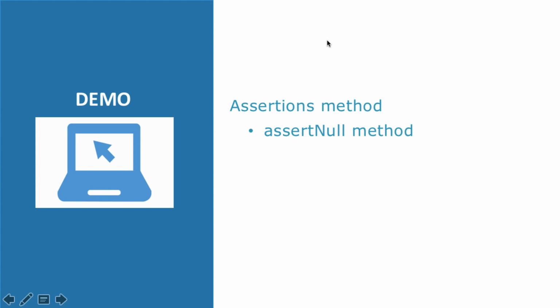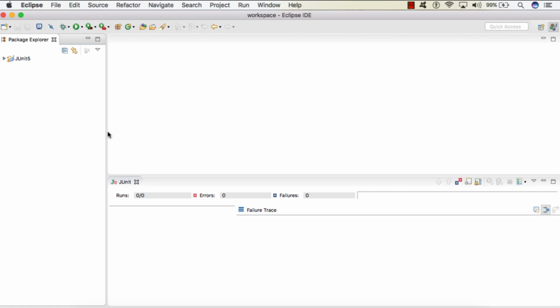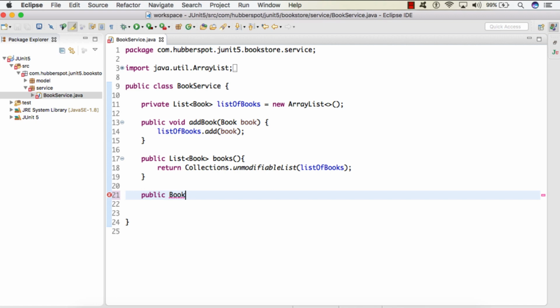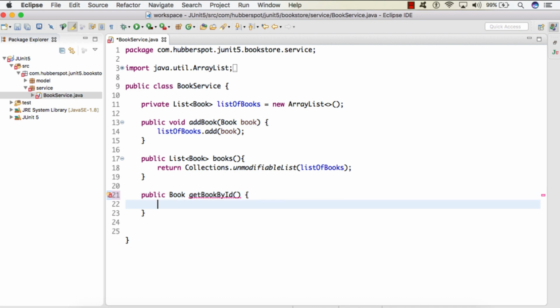Now let's go to Eclipse and see the demonstration of the assertNull method. So friends, in our JUnit 5 project, let's see the demonstration of assertNull. In the source folder, in BookService, in order to demonstrate the assertNull method, I will be creating a method which will return an instance of Book, and I will name the method getBookById.